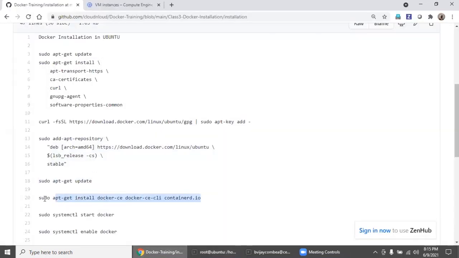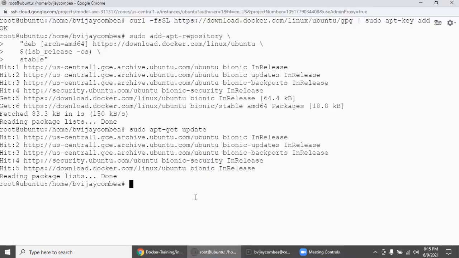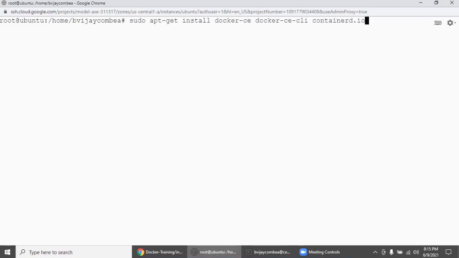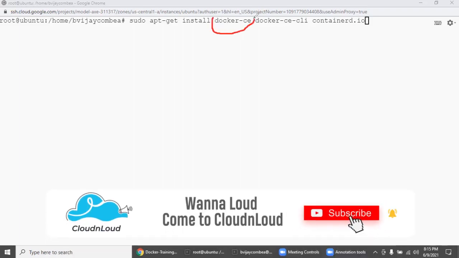Now we are going to install Docker Community Edition. See, there is Docker CE. In the previous introduction session, there are two versions: Docker Enterprise Edition, EE, and Docker Community Edition, CE. So Docker-CE means Community Edition.